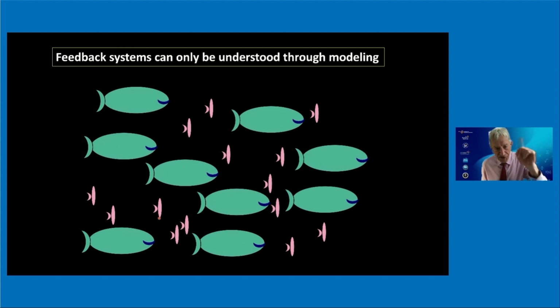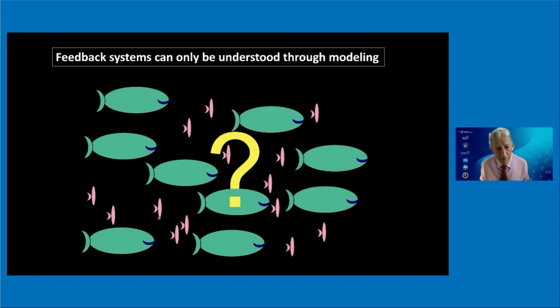This is the first slide from the first day in our class to freshmen. And we say, put a bunch of sharks and a bunch of tuna in a big patch of ocean. What happens? And they say, well, the sharks eat the tuna. And you say, yes. And then what happens? And they go, oh, yeah, then you have a lot of sharks and very few tuna. That's not a stable situation.